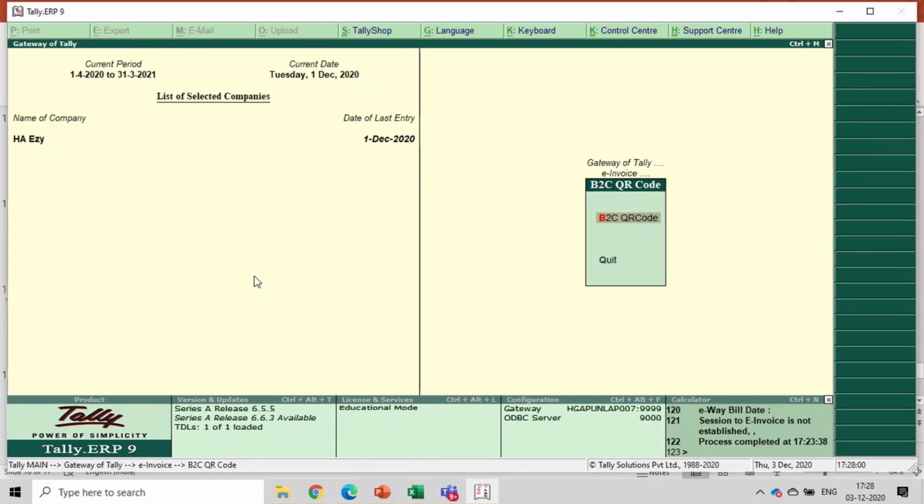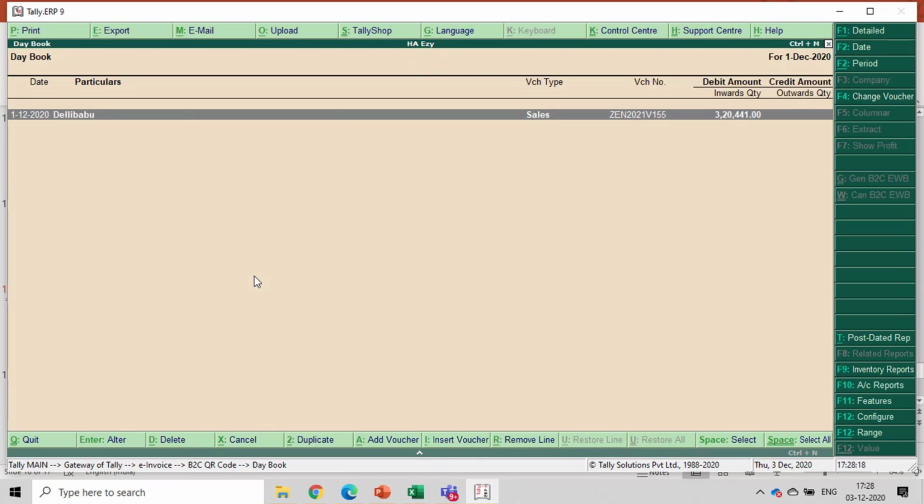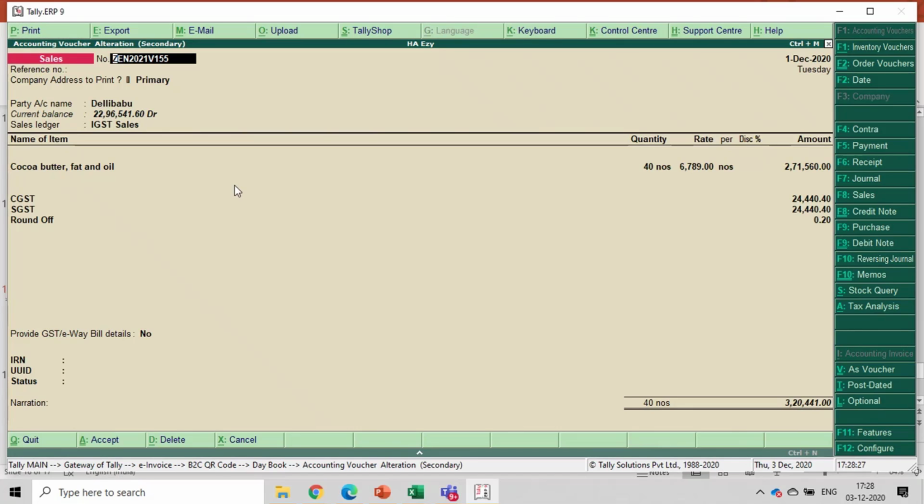How does a B2C dynamic QR code work? So in Tally, a UPI ID, which is actually used for payment from a B2C customer to the registered person under GST, is also added to the TDL, through which a dynamic code is always there, auto generated. It does not need to go to the invoicing portal. Say for example, this is a particular B2C invoice which is raised. So if I go ahead and print it,